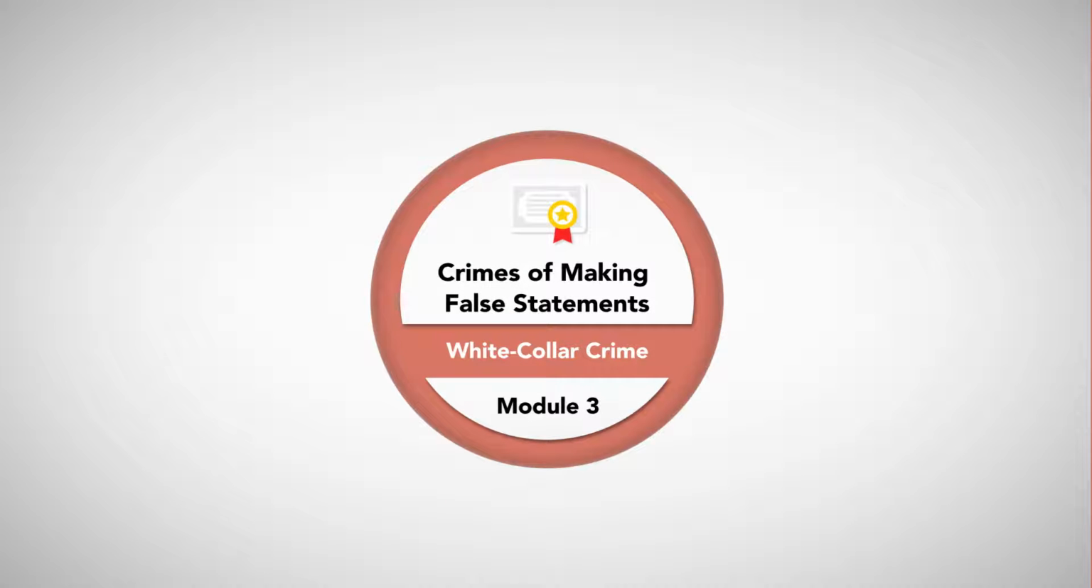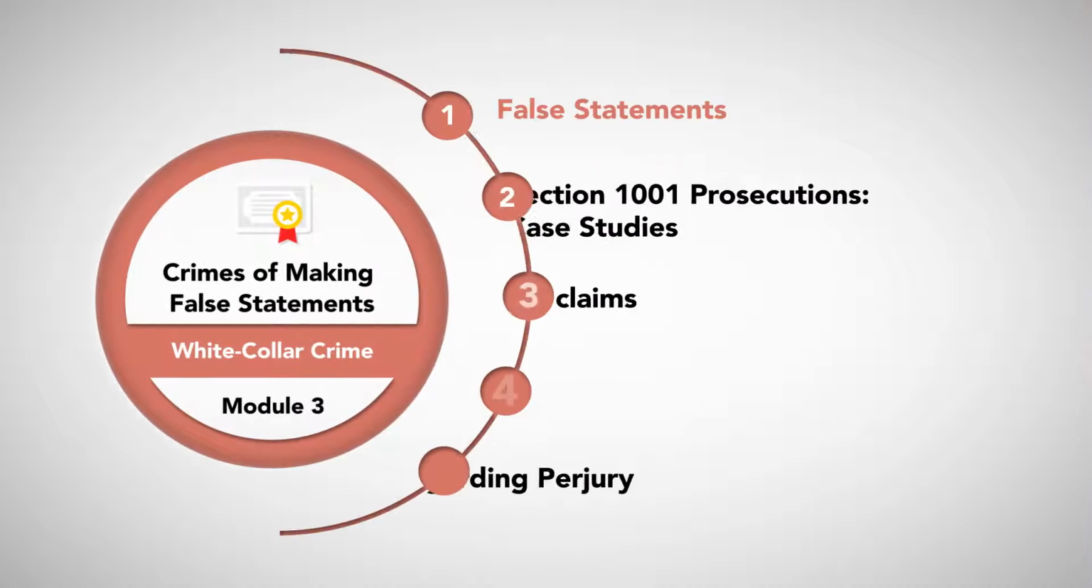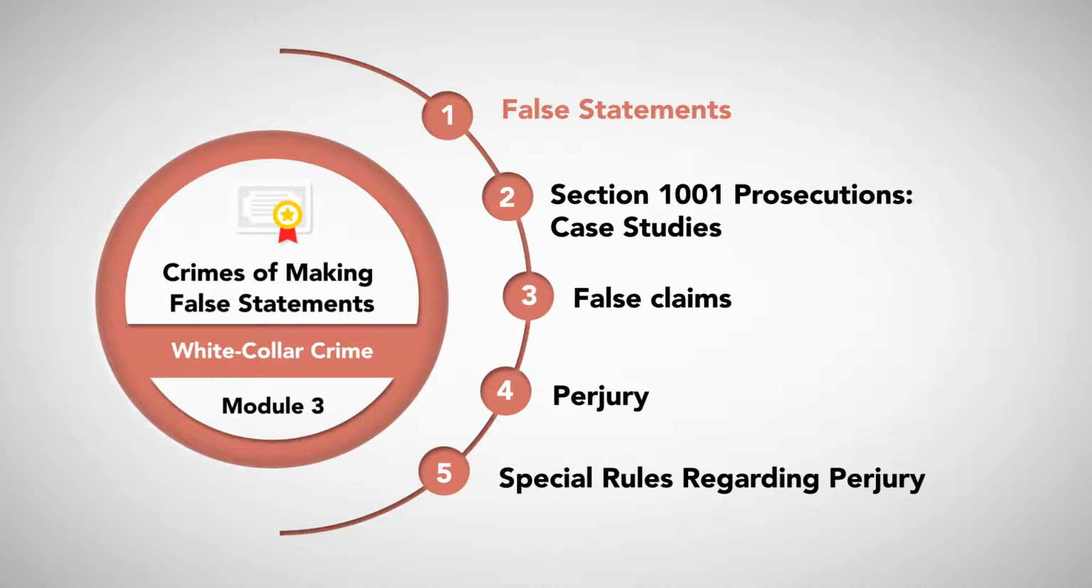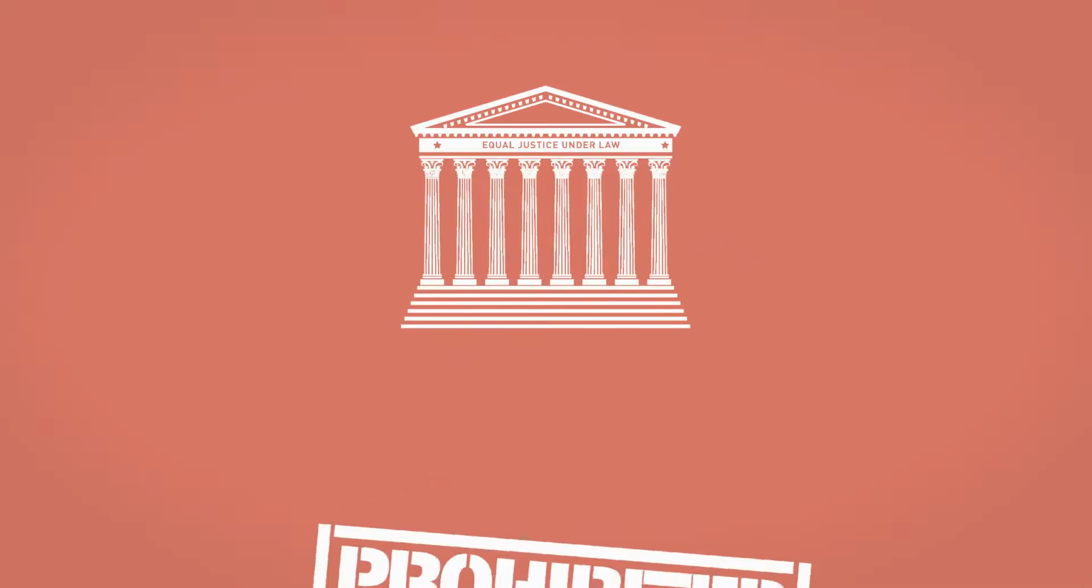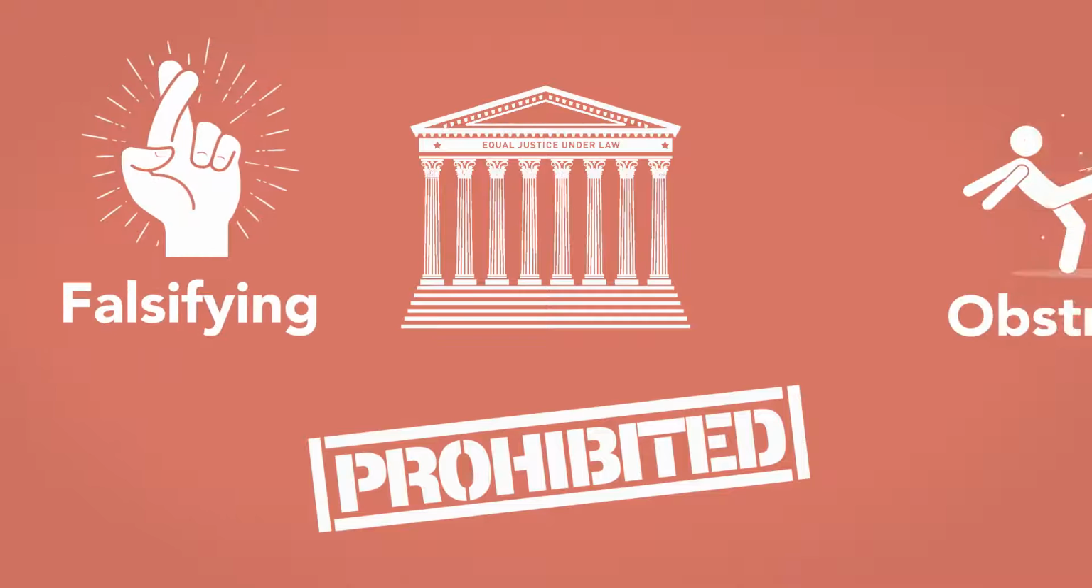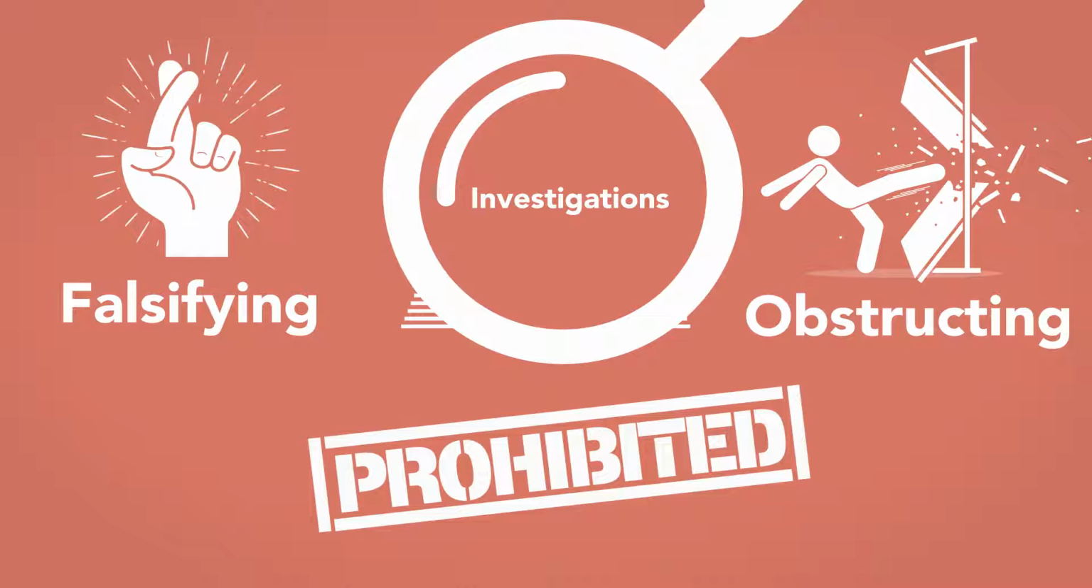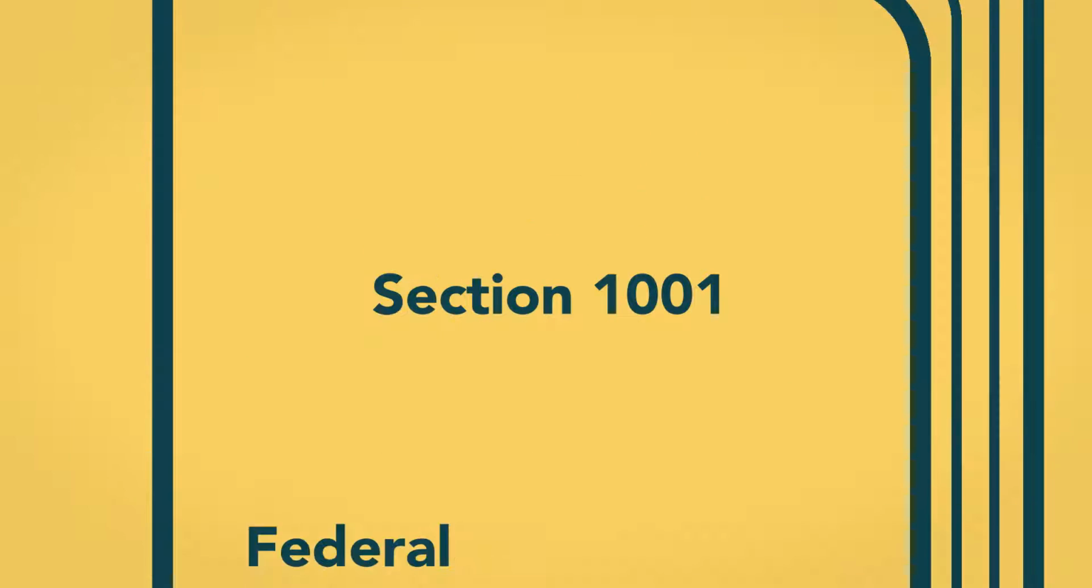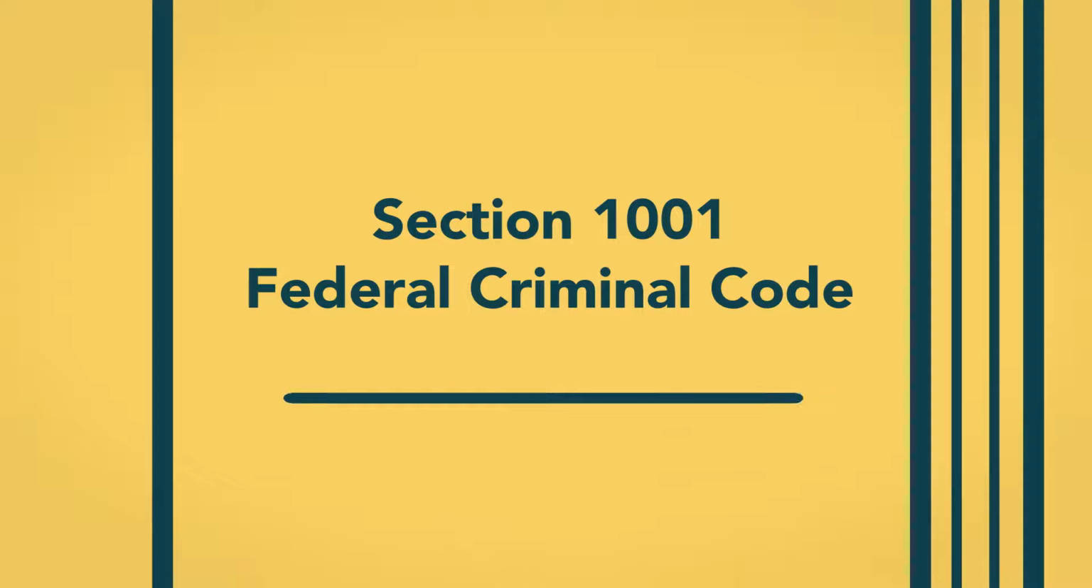Module 3. Crimes of Making False Statements. False Statements. Federal law features prohibitions against falsifying and obstructing federal officials in their investigations. No provision does this more broadly than Section 1001 of the Federal Criminal Code, which makes it a felony to,